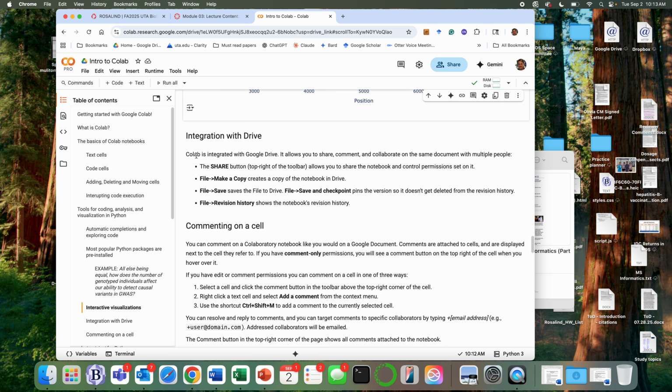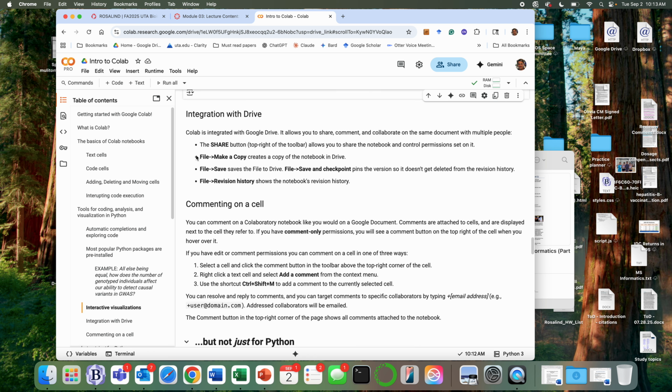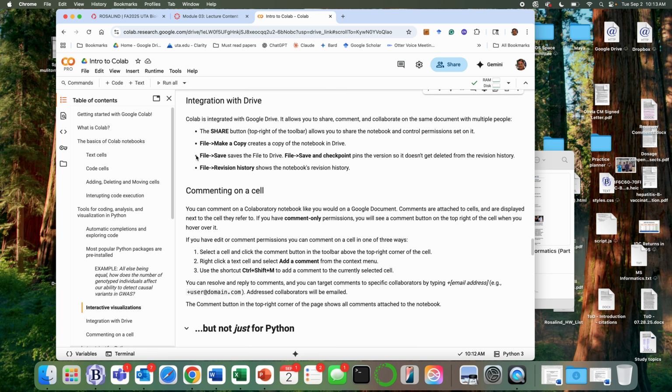All right, last few things. You've already seen how this is integrated with Drive. Anybody use the share link, or did you download it and upload it? You did the share link? Okay, worked easy? Had to make a copy? Okay, yep. So, just like it says there, you can use the link, make a copy, save it into your